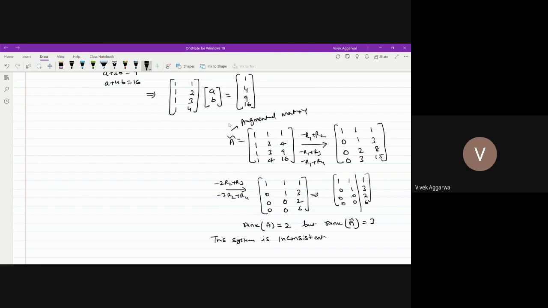As I told you, this system is inconsistent, which means that this system cannot be solved. Now, how it can be solved is what the linear algebra, or the least square method, that we have discussed, is about. These examples we can do by taking the projection matrix for this example, and then I will try to show you how it works in MATLAB in another lecture. So I think we should stop here.